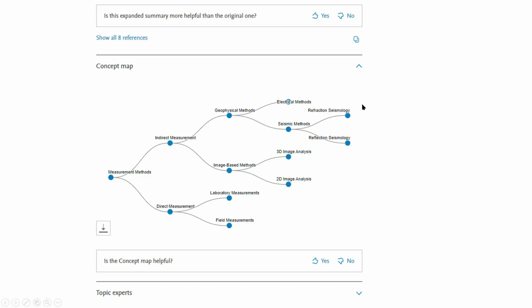You see, the answer it has given for the concept map of this topic is neither completely correct nor totally off base and wrong. Rather, it's actually an intermediate answer, saying that, well, measurement methods are divided into two categories, direct and indirect. Indirect methods are carried out in the laboratory or in the field, either directly or indirectly, using geophysical techniques or image processing.